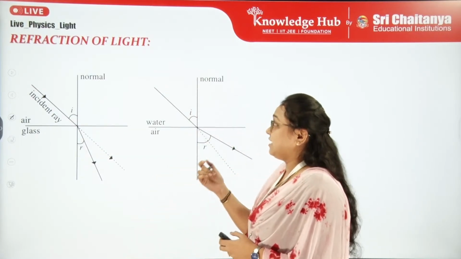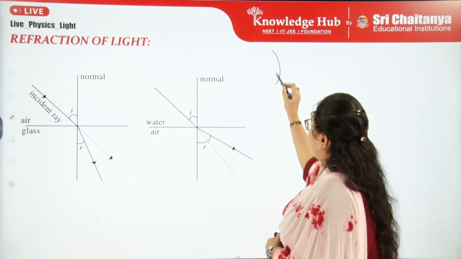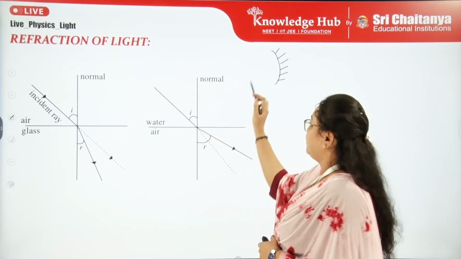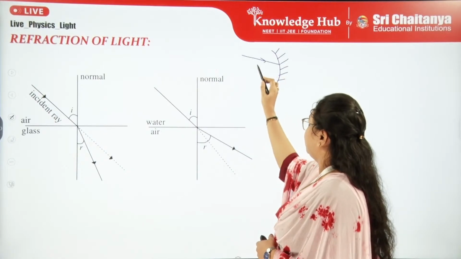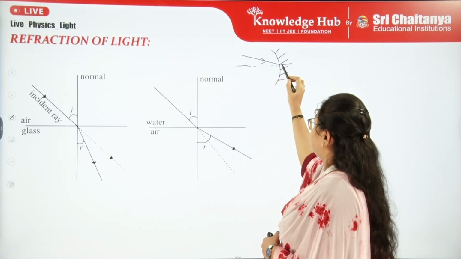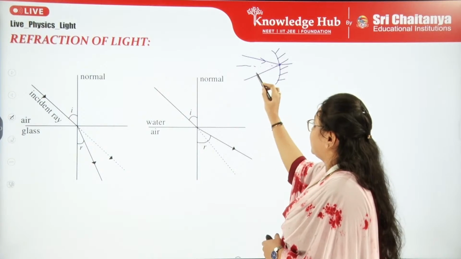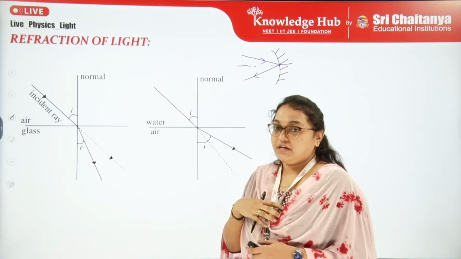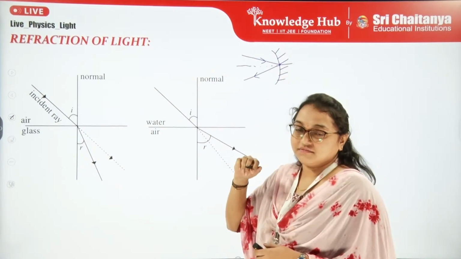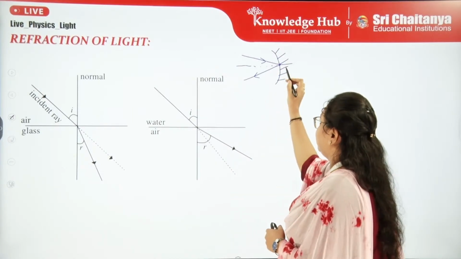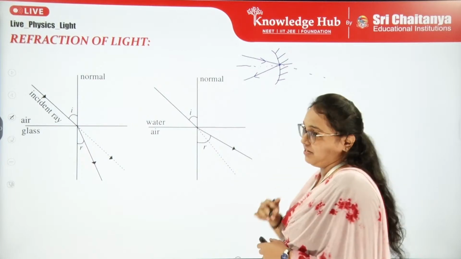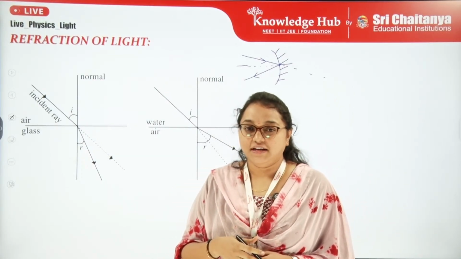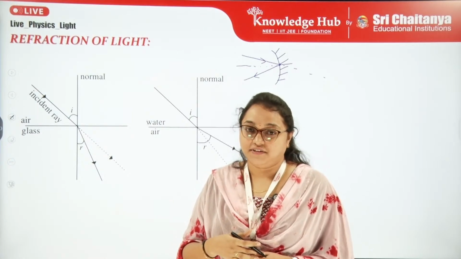Suppose there is an obstacle like a mirror, what happens to this light? When you have a light ray which is incident on the mirror, if it is incident exactly at the pole, it reflects back. It is deviating from its path. But if there is no mirror at all, what happens to this light? It just continues to move in a straight line path. And this is what we know about rectilinear propagation of light, which we have learned in 8th class even.